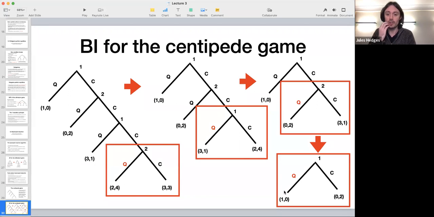And so the strategy profile that we've ended up constructing is that both players always quit no matter what, no matter where they are in the game, all players quit immediately. And this remains true even if this game was 1,000 stages long. So this is a kind of paradox,